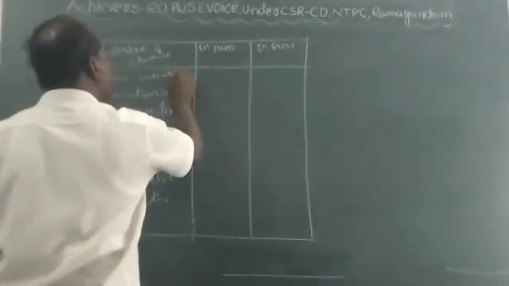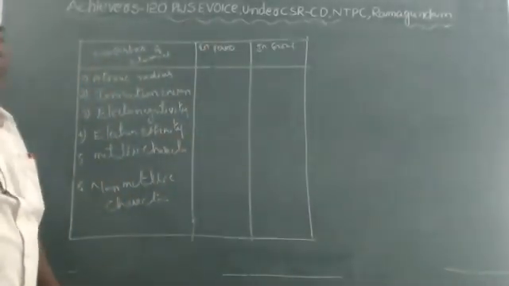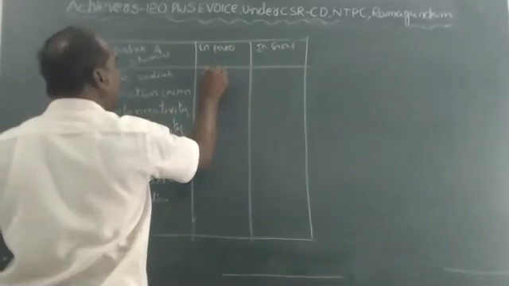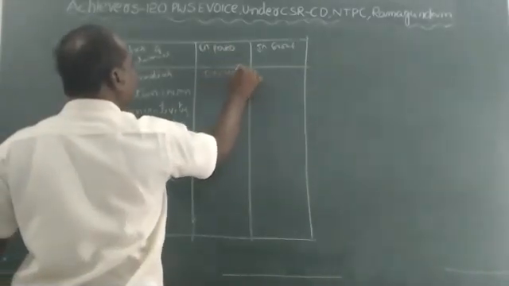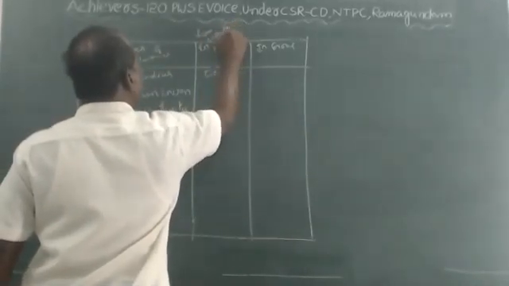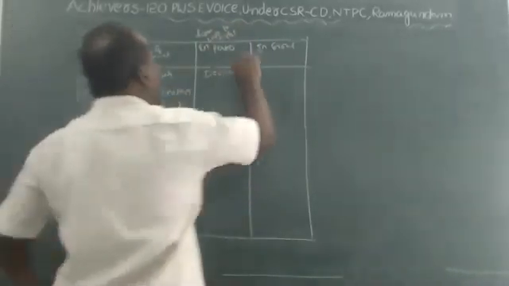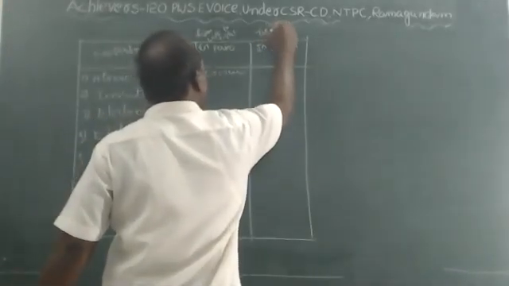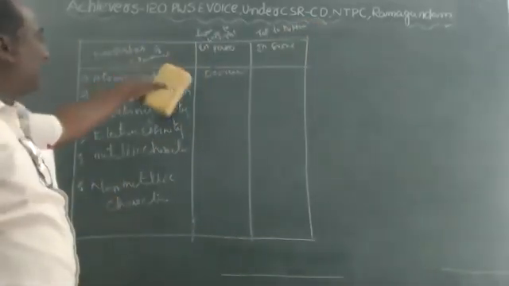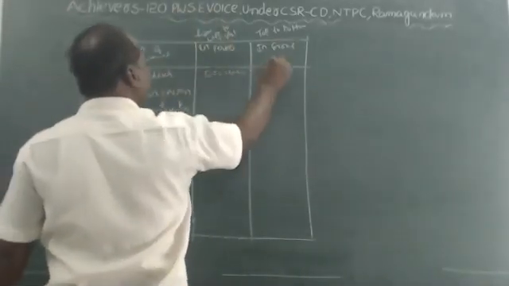So for atomic radius in a period, we must mention that as we move from left to right, children, atomic radius decreases. In a group, we have to mention top to bottom. If one property decreases, the other one, as usual, increases. In a period, atomic radius decreases, and in a group from top to bottom it increases.